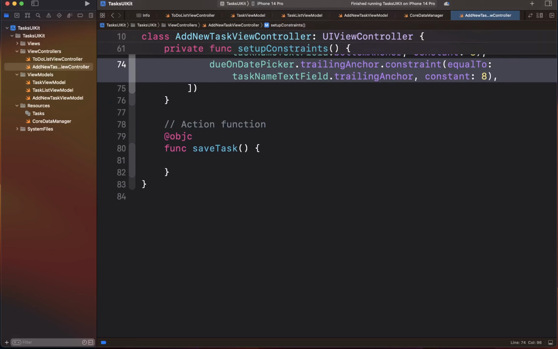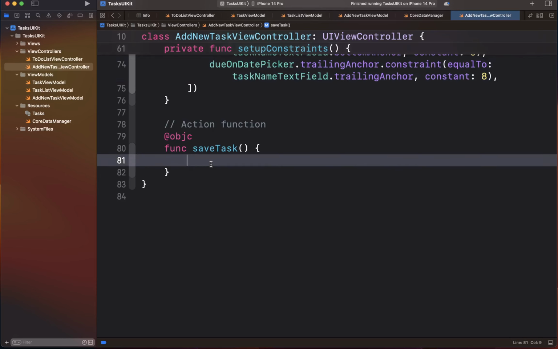Now save task is going to basically save the task, but if the task value is empty, or basically nothing in the task text field, in that case we want to display an alert to the user telling them that task cannot be empty, before we actually save the record, because we don't want to save an empty record. So we are simply going to create a guard let task name,